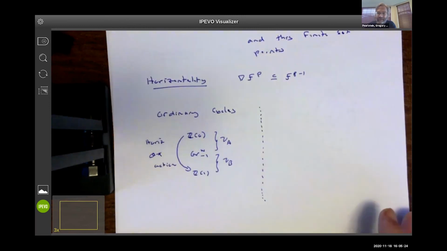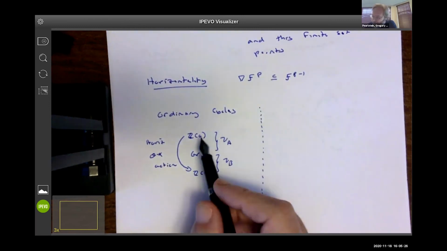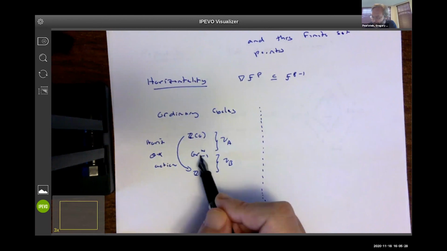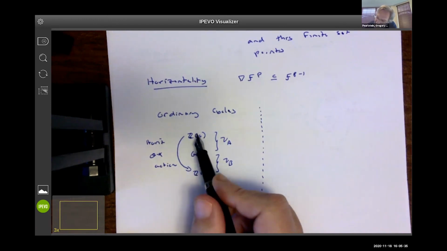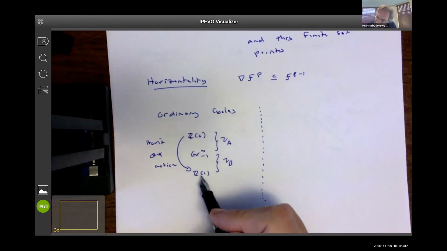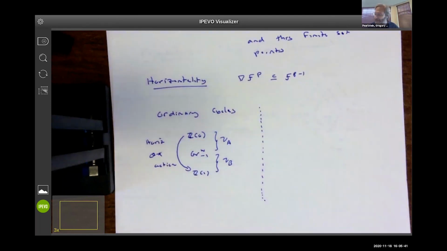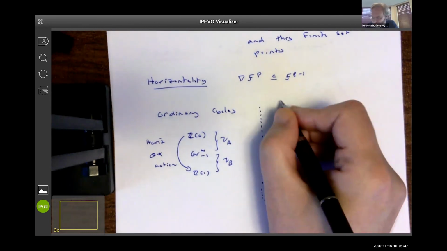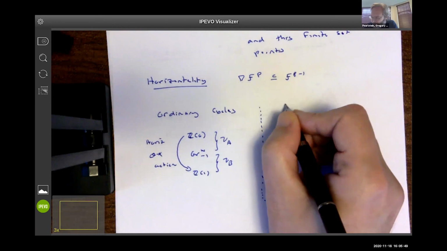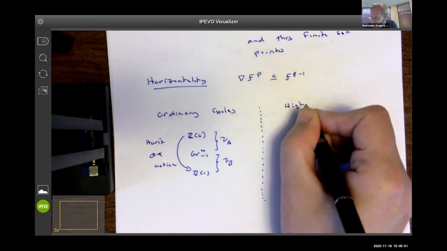this is really good. Because we have Z of 0, we have Z of 1, we have this Gr_W minus 1. This part is fixed by nu A, this part is fixed by nu B. Our O star action is going from Z of 0 down to Z of 1. That's horizontal. Okay, that's good. We can have nice horizontal deformations. Okay, so the naive view, the kind of incorrect view, but what you might think happens for higher cycles